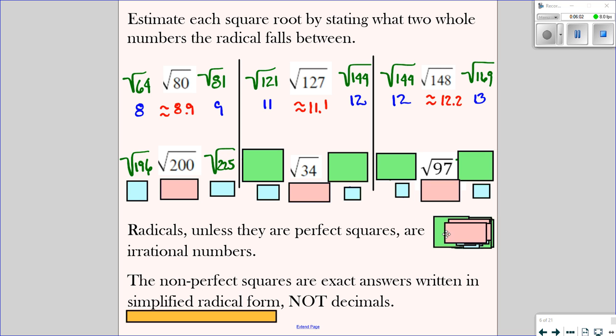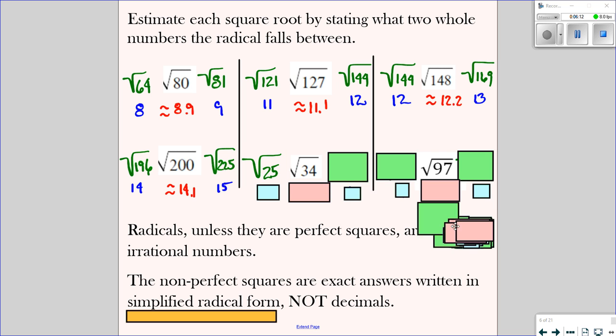We got the square root of 200, closer to 196, which gives you 14, and the other one is 15, so it'd be 14.1. And 34 between square root of 25 and 36. This gives you 5. This gives you 6. And you would say 34 is closer to 36, so 5.8